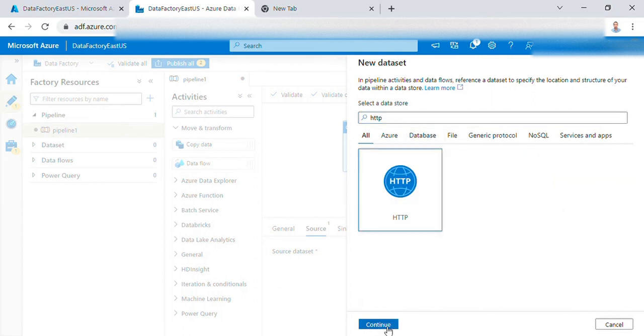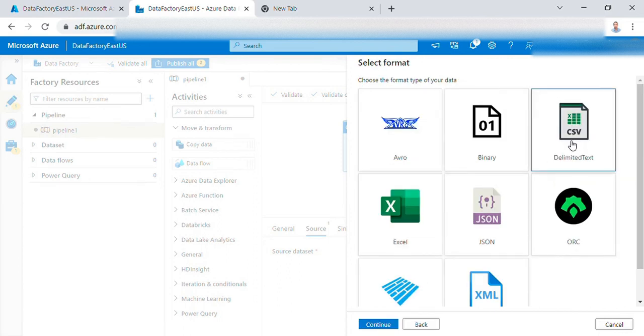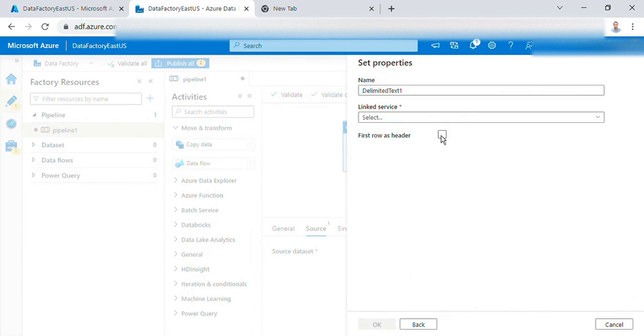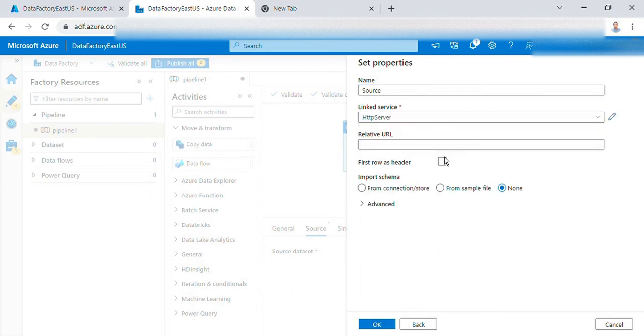Then the format is CSV. Continue. This is the source. Then the linked service is this. First row is header. We don't have a relative URL as of now.